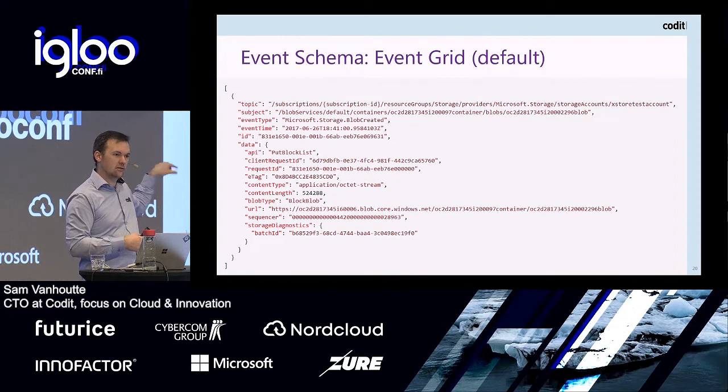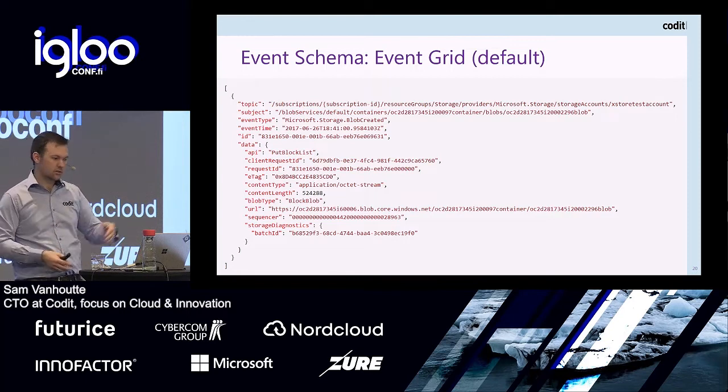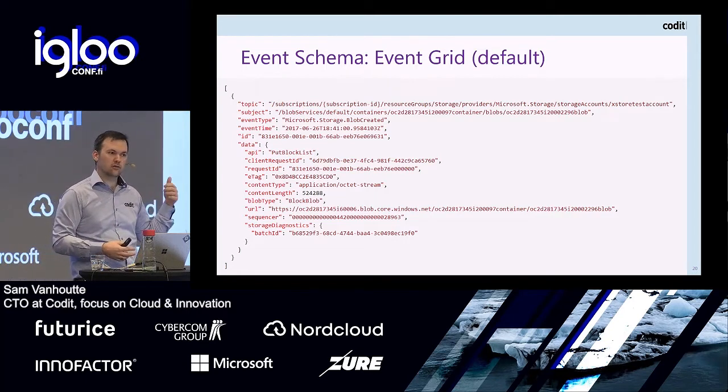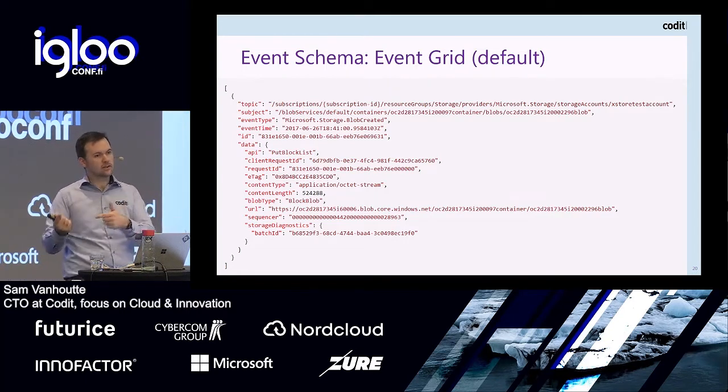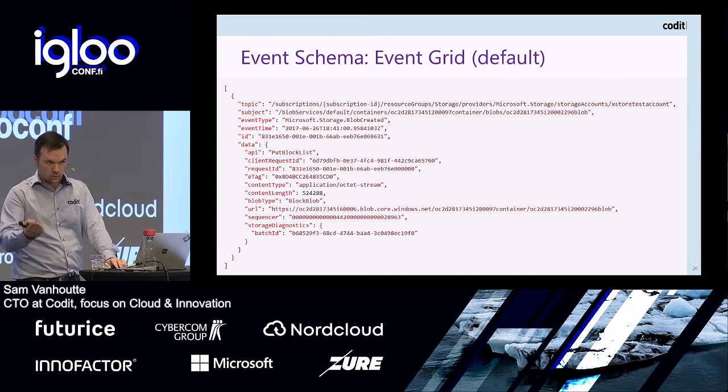And then you have the payload, the actual data, and that's an open structure that people can use to inject their data. So the data contract for this blob event will be different from the one that you have for a telemetry event of IoT Hub. So that's where you have the flexibility. And also if you publish your own events, this is also what you can use. This is a Microsoft proprietary schema.